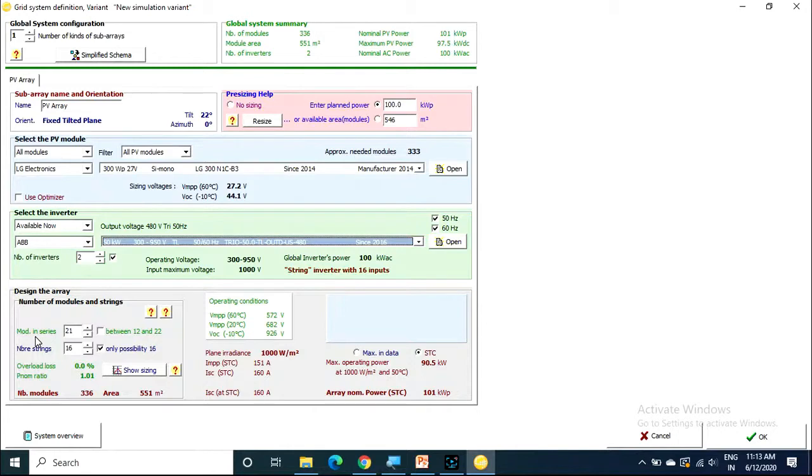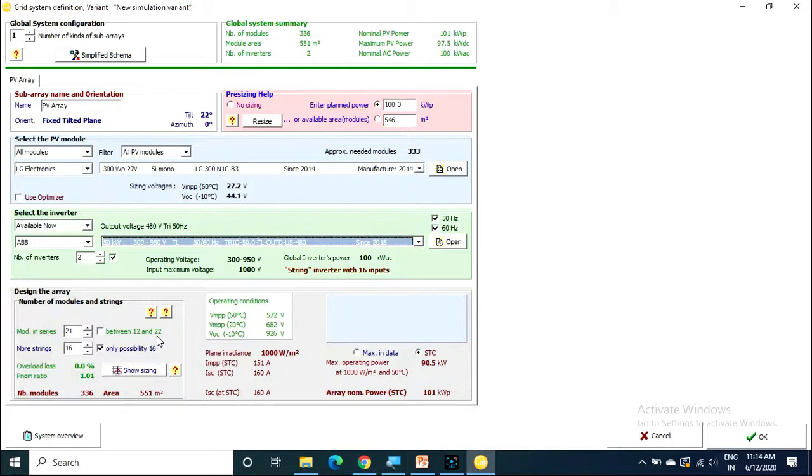Here in each array 21 panels are connected in string, and like that 16 strings are required to meet this nominal power. Okay, 16 strings are there, and each string requires 21 series panels. Is it correct or not? So this is suggested by PVsyst. You can choose the series panels between 12 and 22.